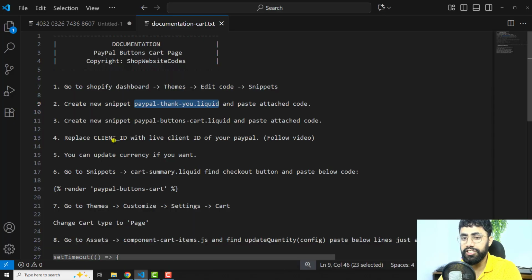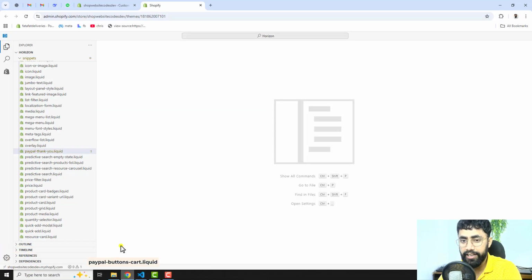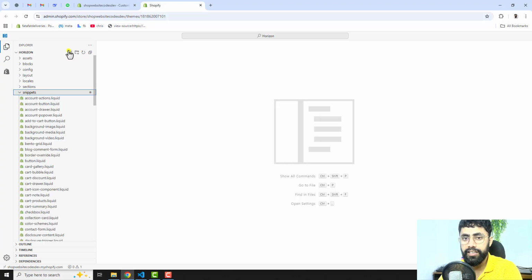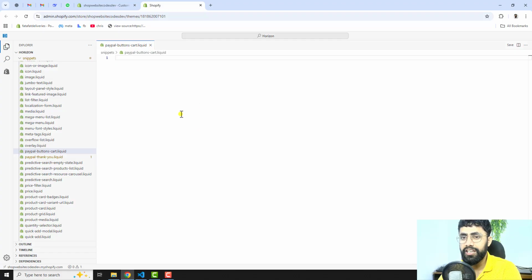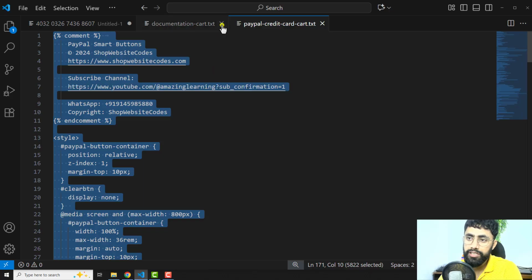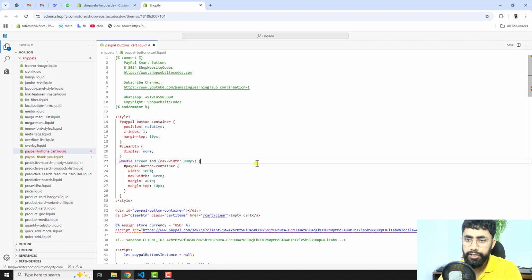Again go back to the documentation. We have the third step, which is create a new snippet file paypal-buttons-cart.liquid. Let me copy this name and go back. Again click on snippets, then click on new file and paste that name, paypal-buttons-cart.liquid, and press enter. Here we have an empty snippet file, and we need to paste the code, which is paypal-credit-card-cart.txt. Let me copy this code and paste it inside of this empty file. Once you have pasted that code, save the changes,